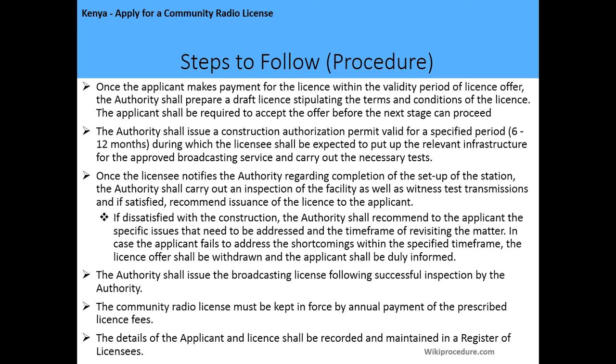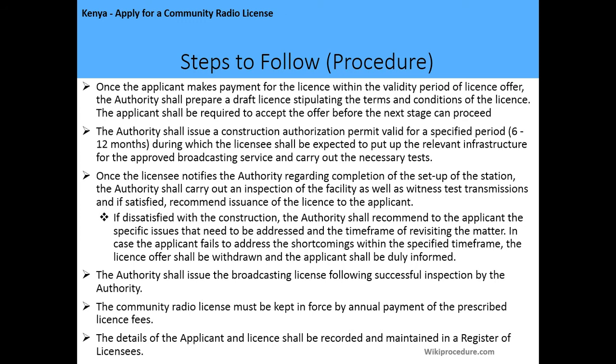So once the applicant makes the payment for the license within the validity period of the license offer, the authority shall prepare a draft license stipulating the terms and conditions of the license, and the applicant shall be required to accept the offer before the next stage can proceed. The authority shall issue a construction authorization permit valid for a specific period of 6 to 12 months, during which